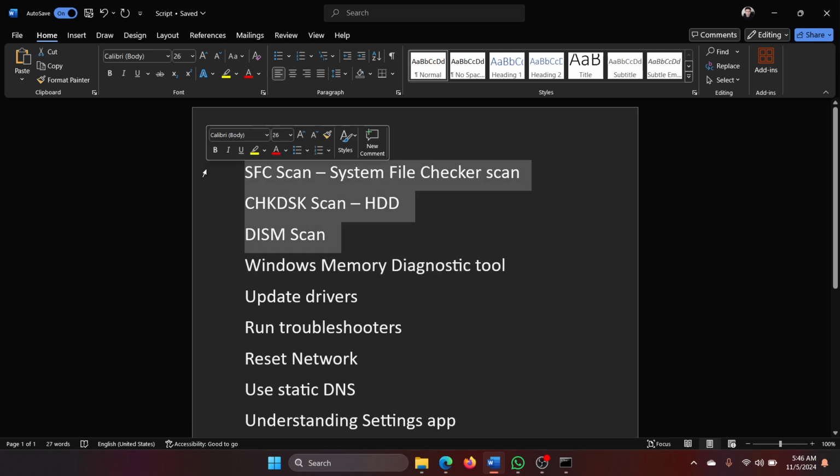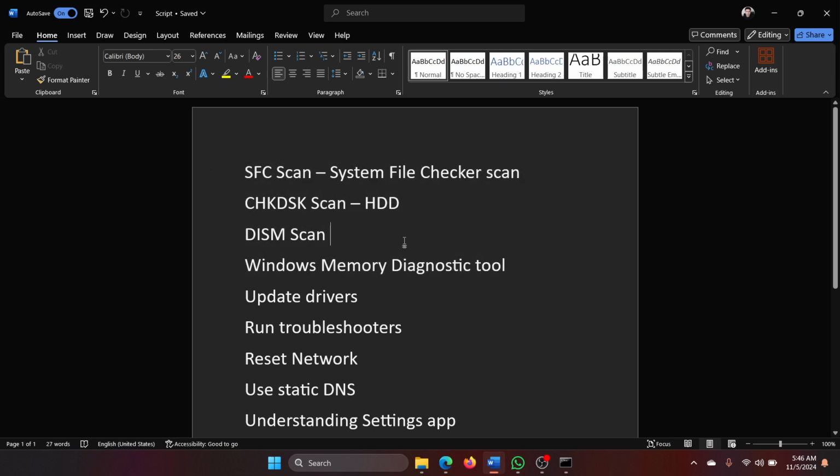So these commands were to fix the files or anything which was on the hard drive. Now you know that our computer has a hard drive which is permanent memory. Permanent memory means that even if I switch off my computer, I will not lose data unless the data was unsaved, or I specifically delete that data. I intentionally delete that data. But there is another kind of memory called RAM. So, what is RAM? RAM is called random access memory,